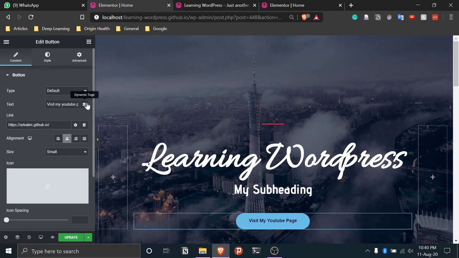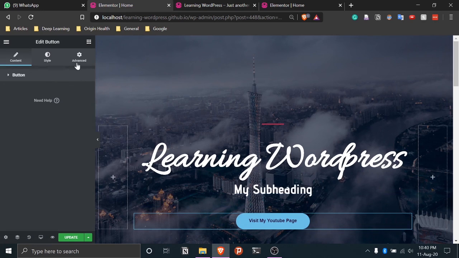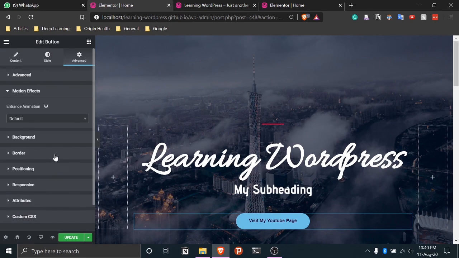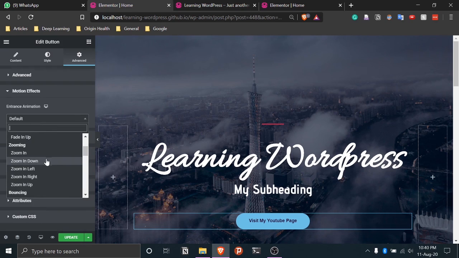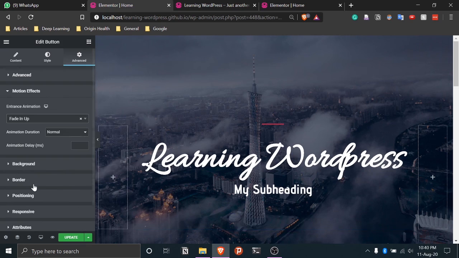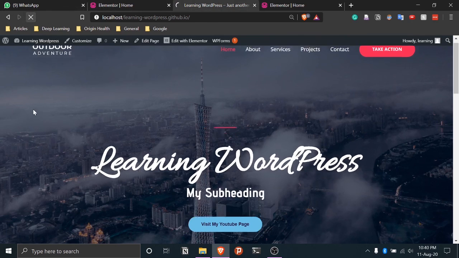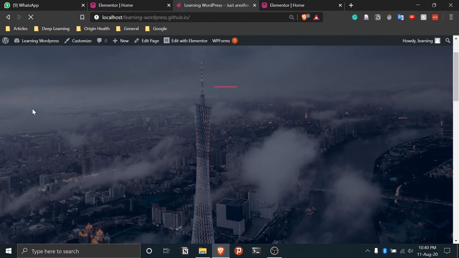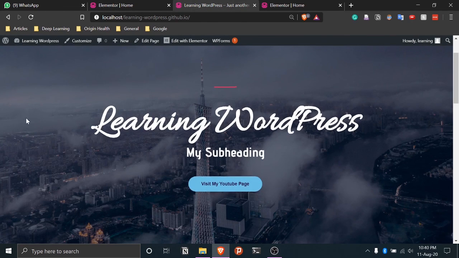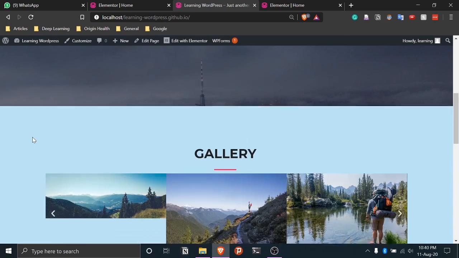Let's say for the button, we choose fade in up. Let's say this looks better, so we update these. And yeah, so once we reload the website, here you can see we have this nice animation thing going on.